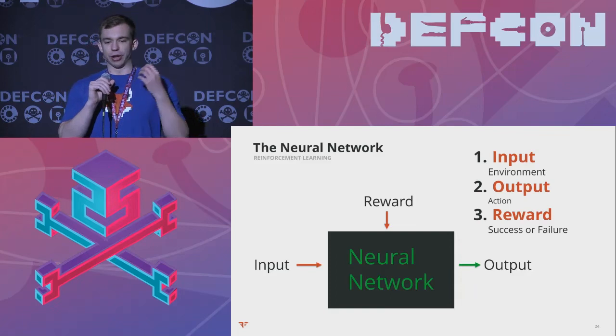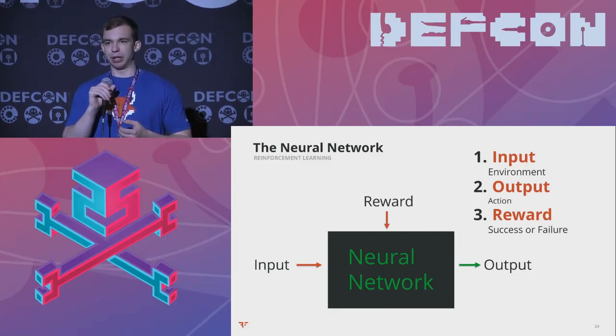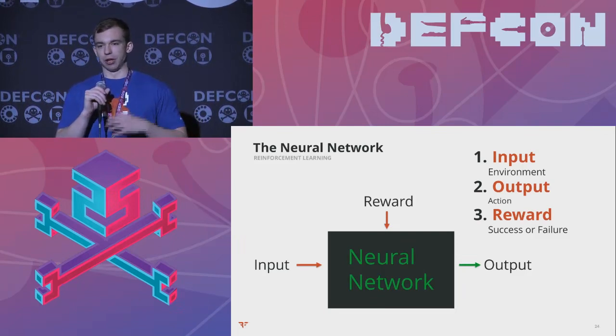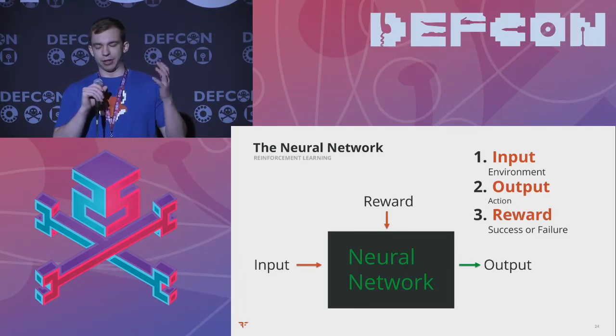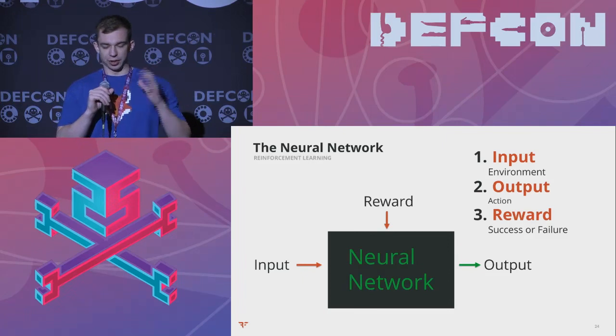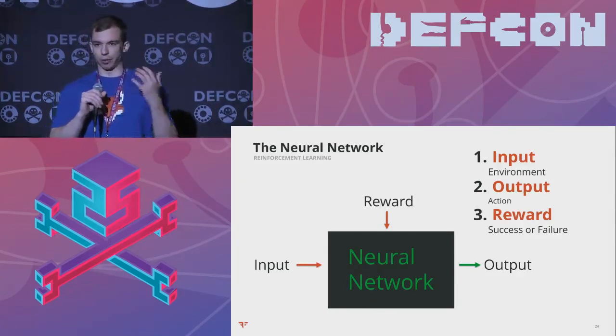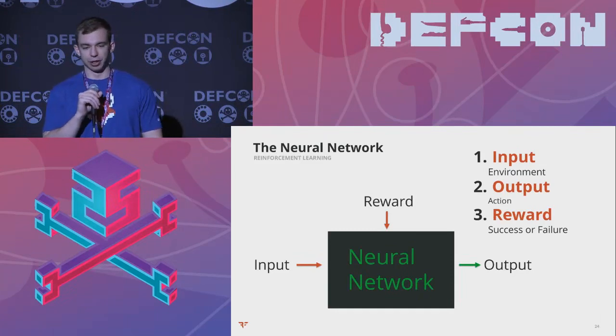There's basically your input, which is going to be your environment. It's essentially everything your AI program knows about the world. We're going to talk about chess a little bit on the next slide. It's everything your AI program knows, and it's the only thing it really sees. So you want to formulate your inputs to not present too much data, but also present enough of the world to be able to make smart decisions about it.